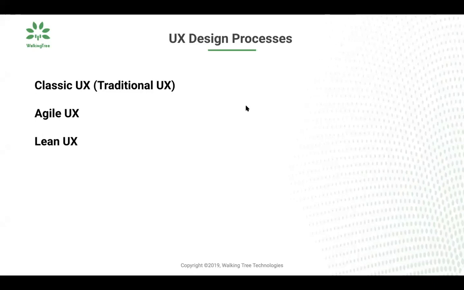After 2003 and 2006, that's when Agile came into existence, and the UX processes also bent a little bit to make sure they are aligned with Agile UX. And the latest buzzword these days is lean UX, and how the lean UX process is going to be more helpful than this. So let's go with the classic UX